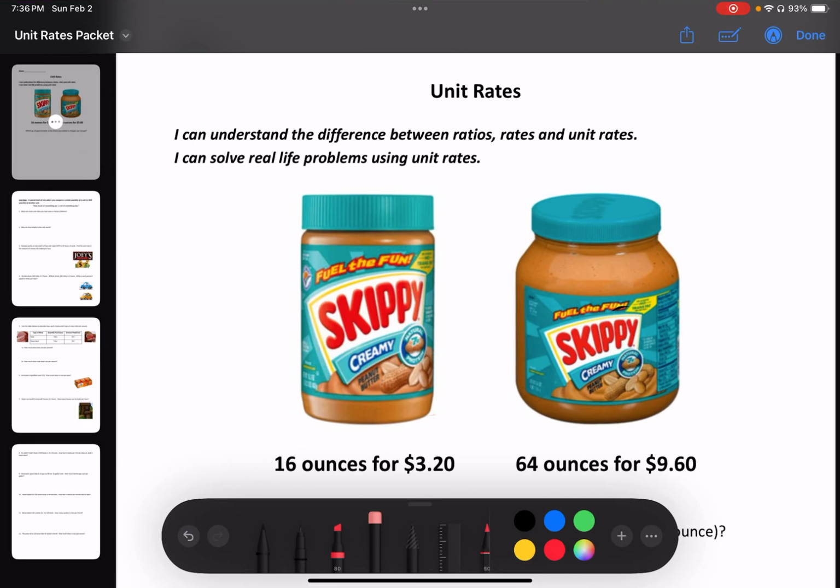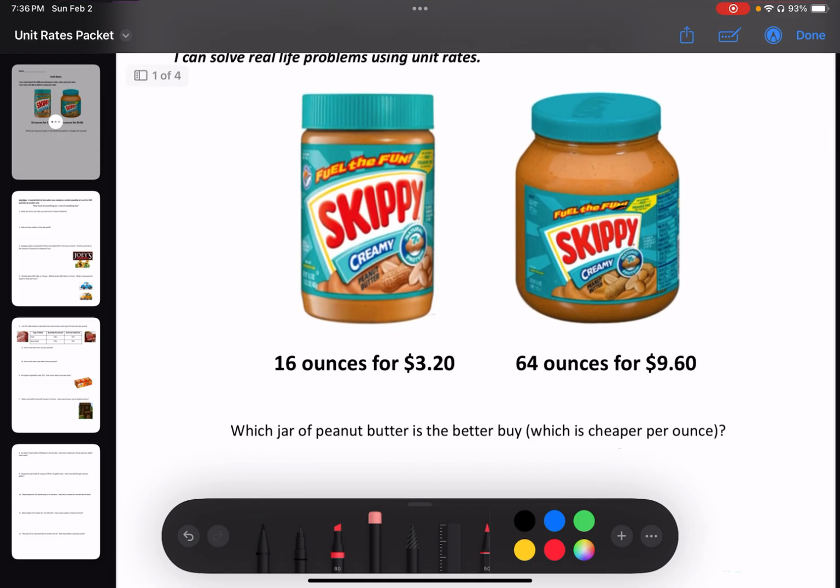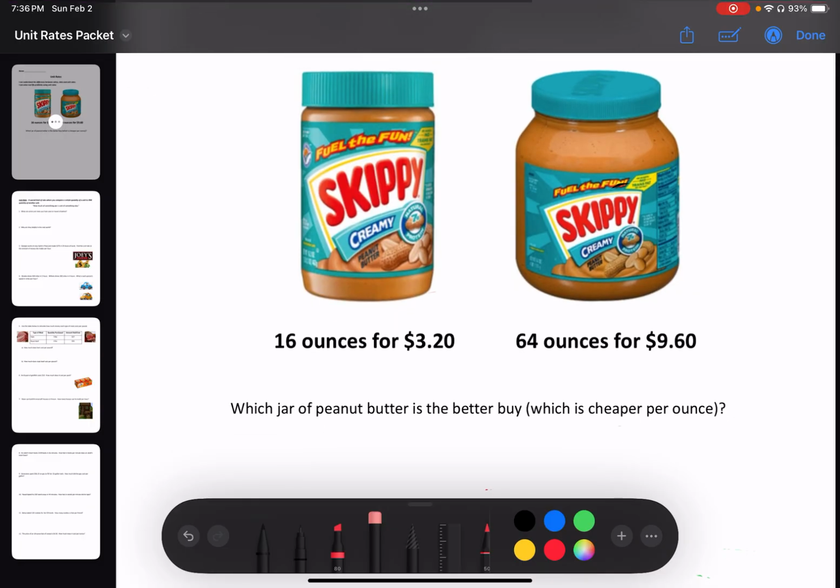Today I'm going to teach you about unit rates. The first problem that we're going to start with is comparing some creamy Skippy peanut butter in two different sized jars. The first one has a jar with 16 ounces and it costs $3.20. The other jar is a larger jar that has 64 ounces in it and costs